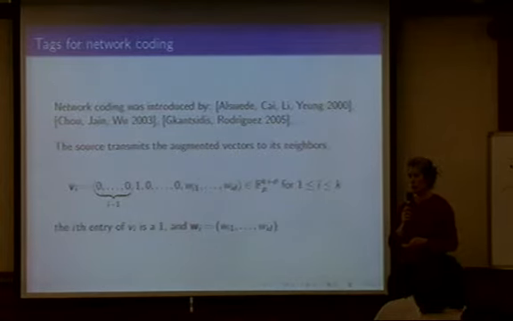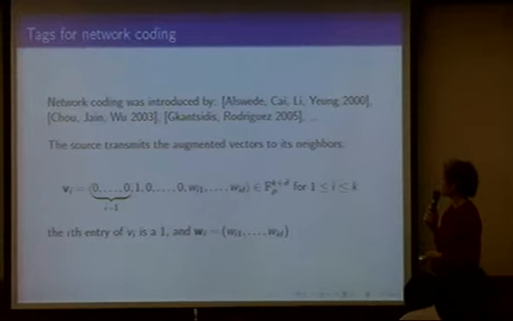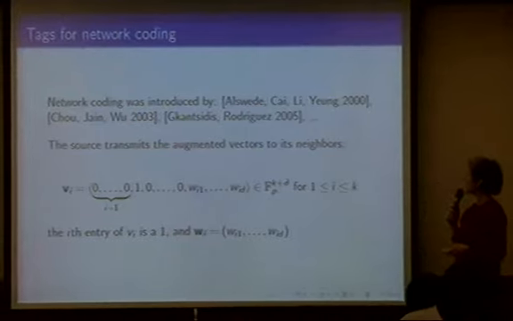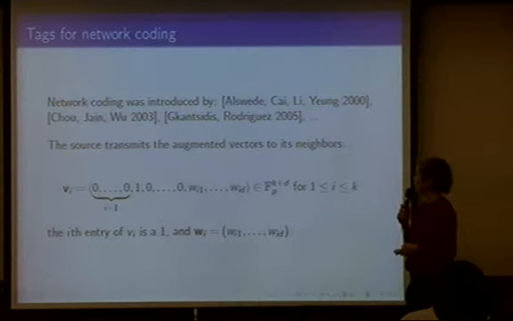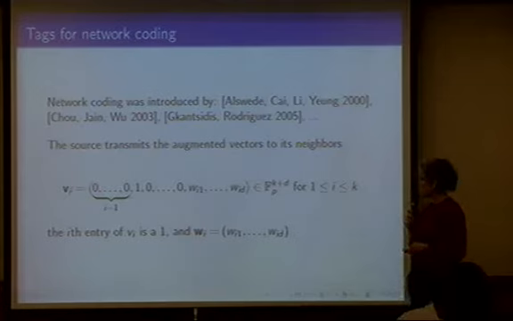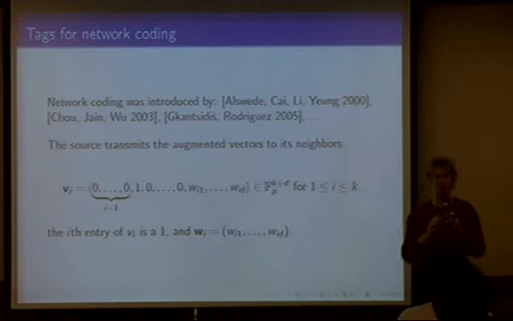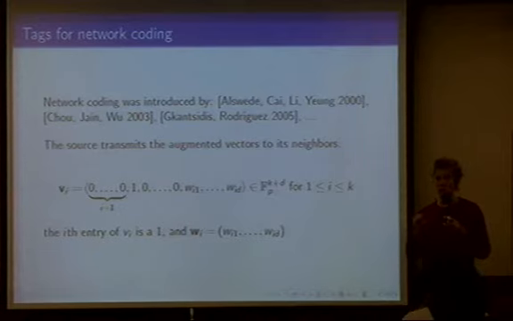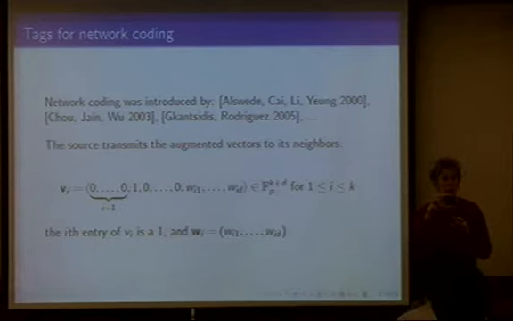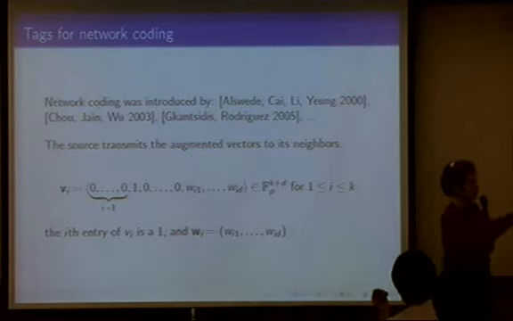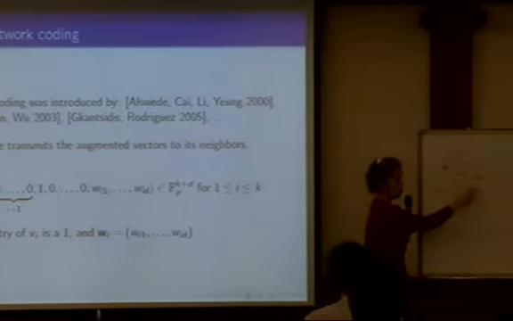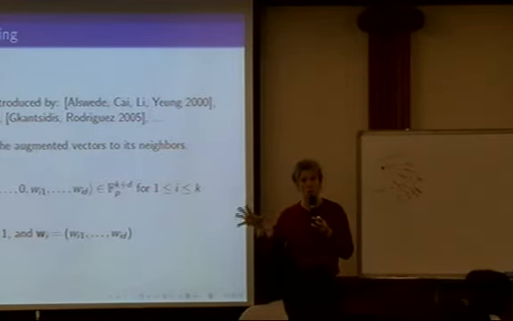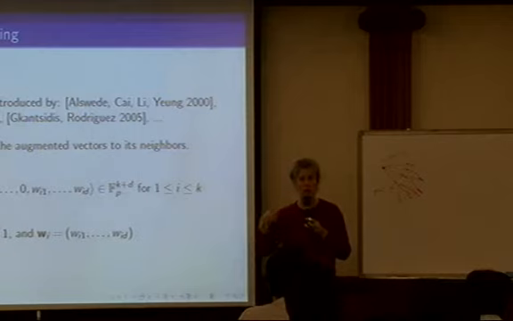Okay, so what network coding does, network coding was introduced by a number of different authors, including Ahlswede, Cai, Li, and Yeung, and Koetter, Jaggi, and Wu, and later improved by Gonzalez and Rodriguez. So the idea that they had is that instead of just dividing the file up into chunks and sending individual chunks to different peers, what you should do is take the chunks and make linear combinations of them. And then every time you receive a linear combination, if you're a peer, you should take all the linear combinations that you receive and recombine them so that you have this very fast